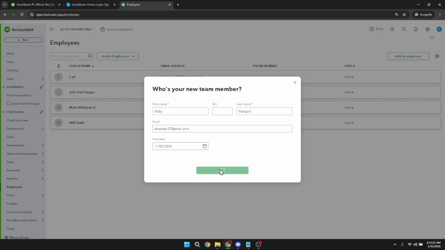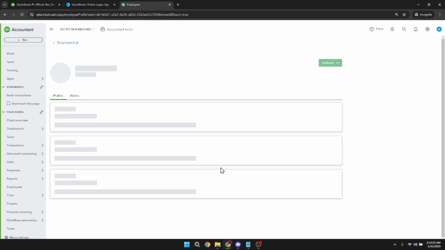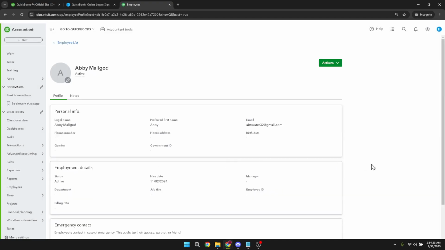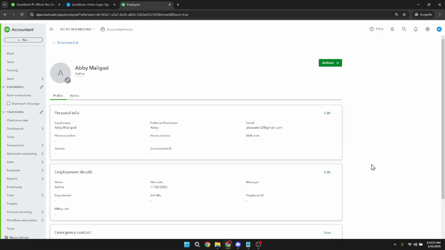By following these steps, you've successfully added a new employee into QuickBooks Accountant. This quick process is now complete. Remember, maintaining accurate and up-to-date employee records not only helps with payroll management, but also aids in financial reporting and